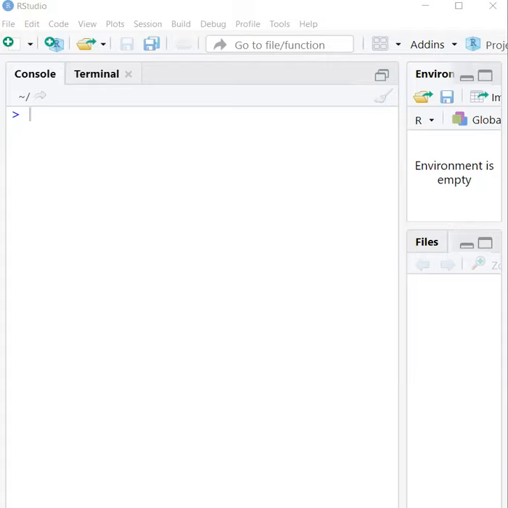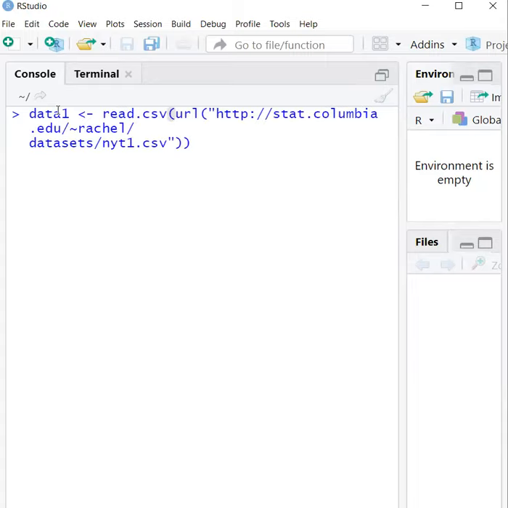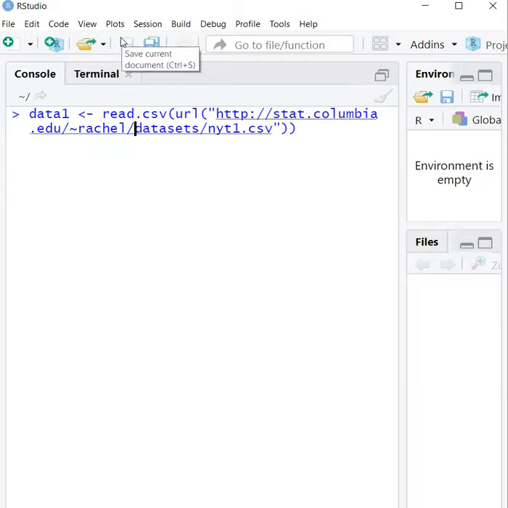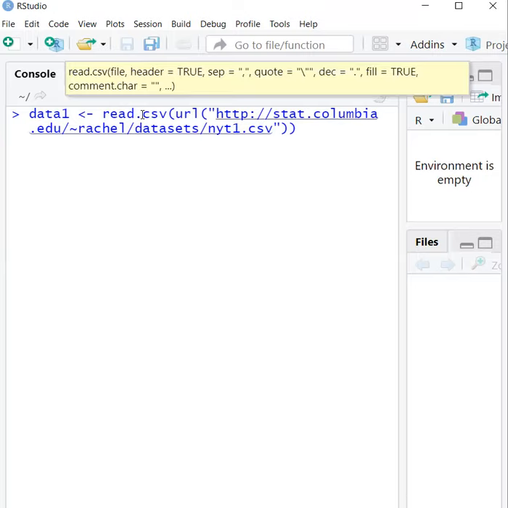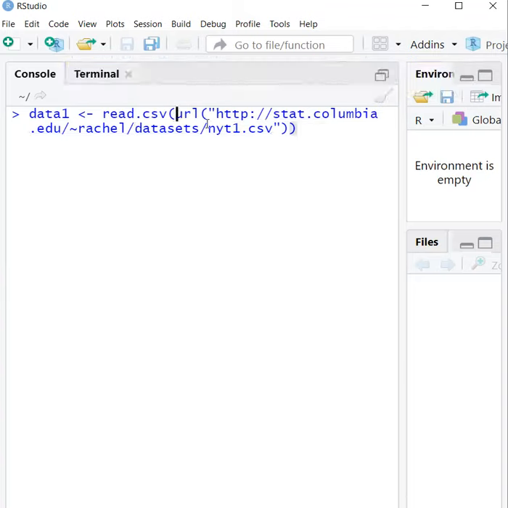You can download it as a CSV file to the local system and then read it from there, or we can directly read from the URL. The URL method is useful in reading these kinds of files. The function here is read.csv.